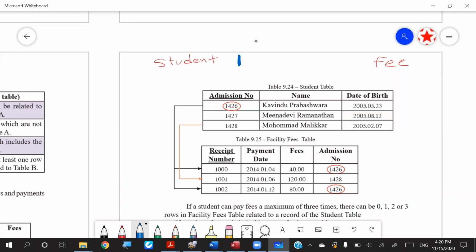We can say one particular student can have many fees. Since there are many receipt numbers, and one particular fee or receipt belongs to only one particular student, to clarify the final relationship between the student and the fee,